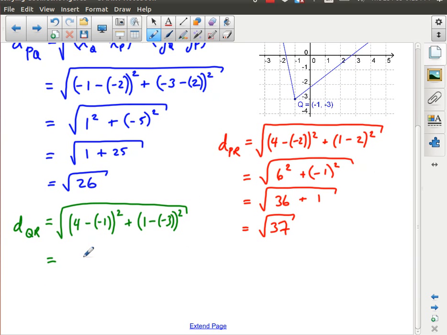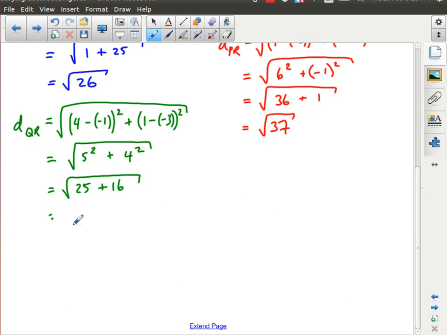4 minus -1 is equal to 5 squared, plus 1 minus -3 is 1 plus 3, which is equal to 4 squared, square rooted. We end up with 25 plus 16, square root of that, and that becomes 41. Square root of 41. And so, since none of the sides are equal to each other,